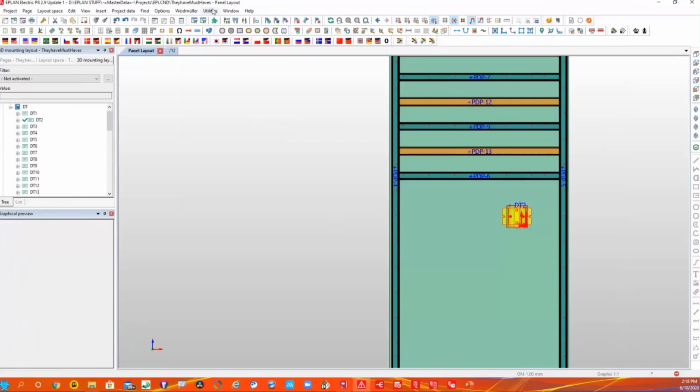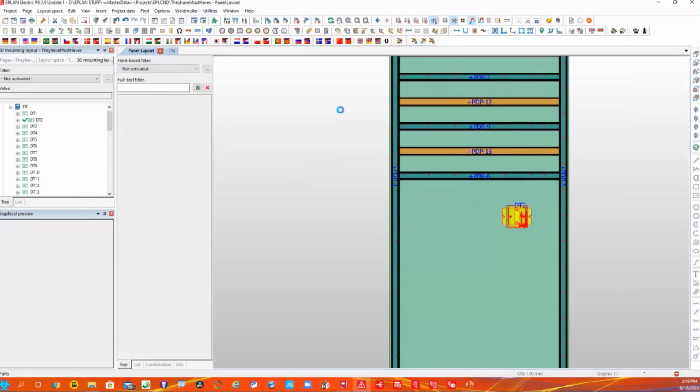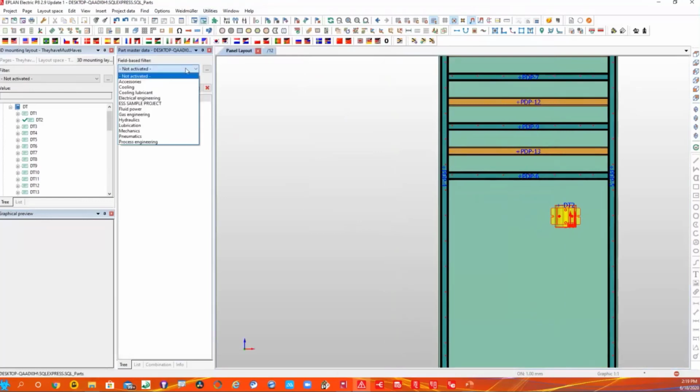Yeah, so ideally, there are tons of filter capabilities in ePlan, and that's the benefit of having a tool that's database driven, due to the fact that indexing is possible and filtering is very possible. So using here like the parts management navigator, I do have a field-based filter that I can create, so I can filter out for specific vendors, specific part types. It's just the filtering capabilities